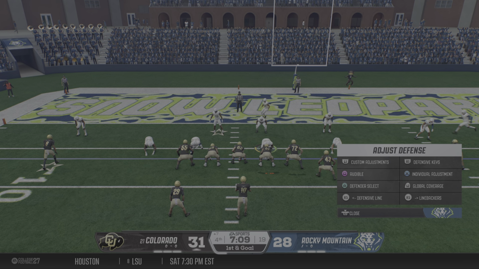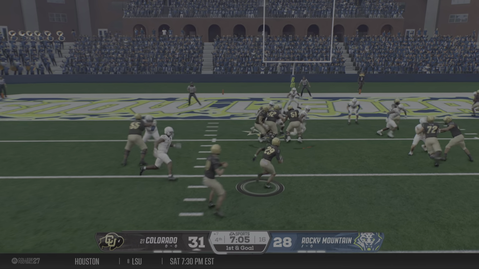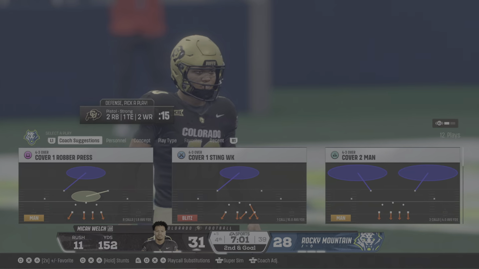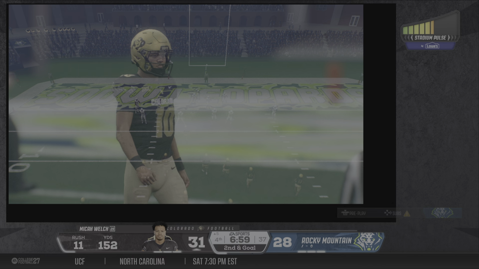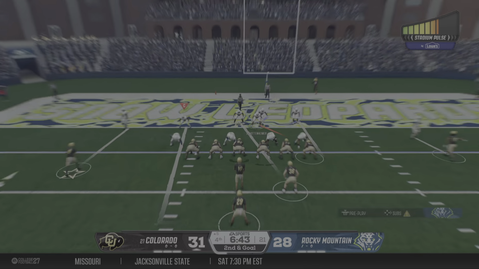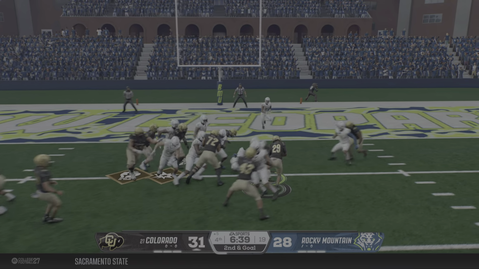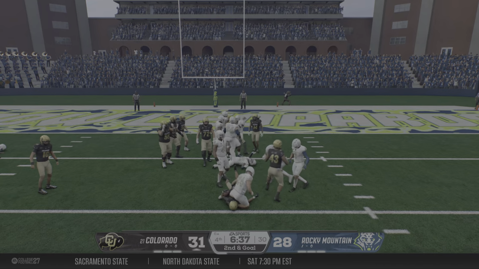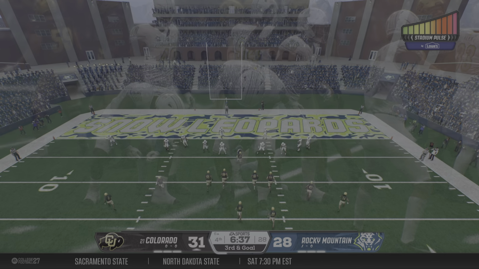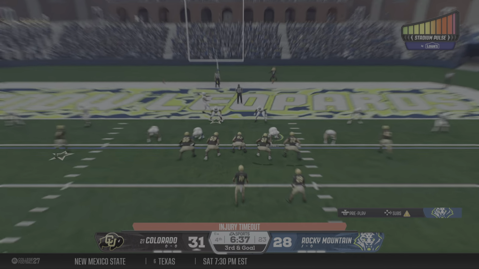Motion from the wideout. They'll run it on first and goal. He bullies his way all the way down to the 5-yard line. This offense could not have executed in this situation any better, just draining some time off the clock. The run up the middle, looking for the score. No running room at all, and he barely makes it back to the line of scrimmage. It's third and goal. Trying to pick up a first down.